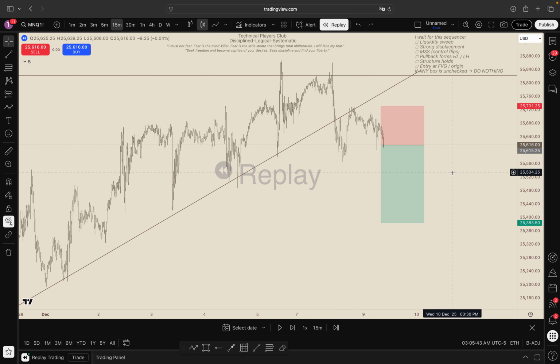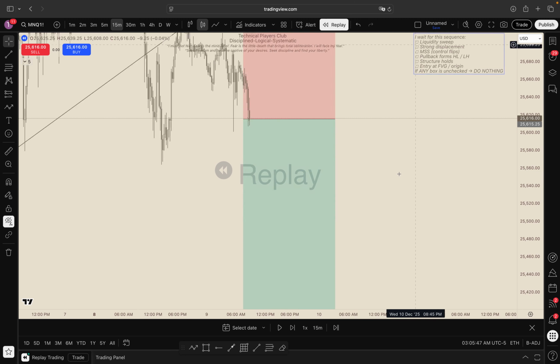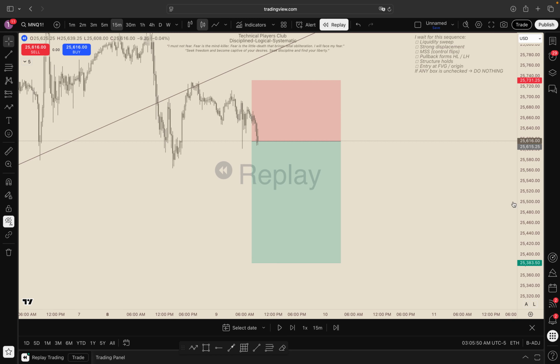And then here at 9:30 the previous day, it takes this liquidity right here. That's why you really don't trade open. But this is just data that we have. So we can say on a macro scale, liquidity has already been taken, right? So if I'm doing a long-term play,